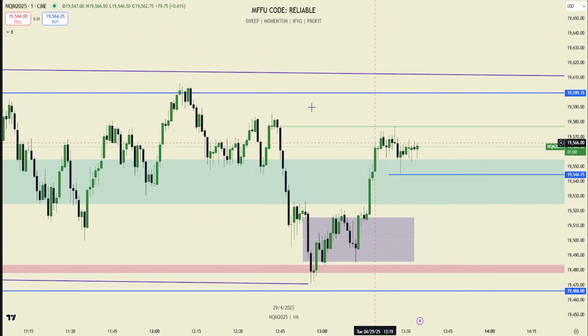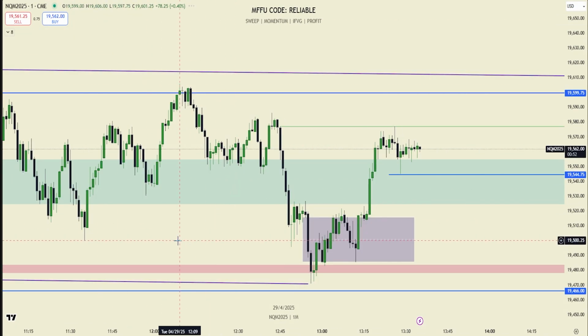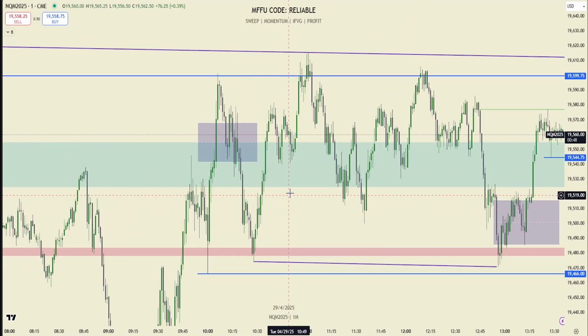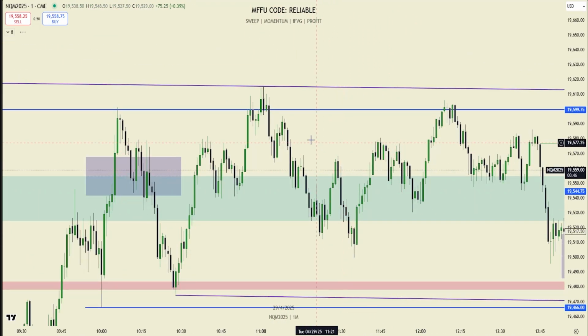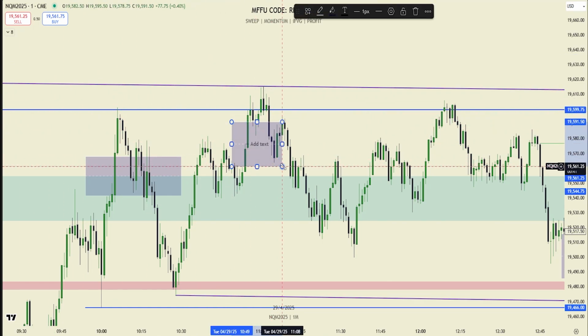Yeah, like I said, I don't know. That one confused me. I missed something here. There's just no way you don't take that. And then I think it's fine if you don't take anything else the rest of the day. I thought this short setup we got after longs played out was decent.